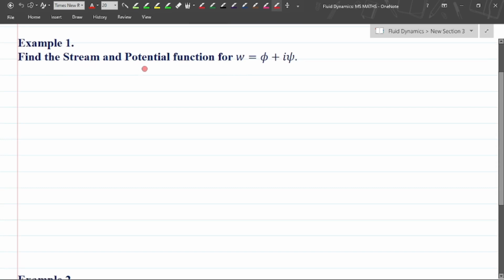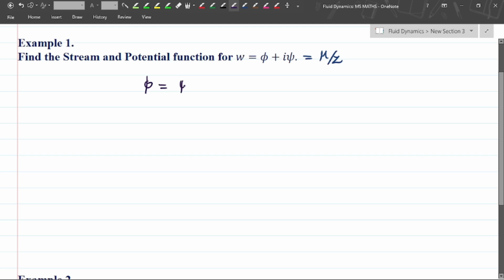For W is equal to phi plus iota psi, if we have W equal to mu by Z, we'll find the potential function and the stream function for this. If we have phi plus iota psi equal to mu by Z, then the phi